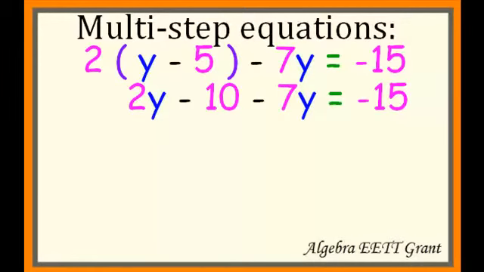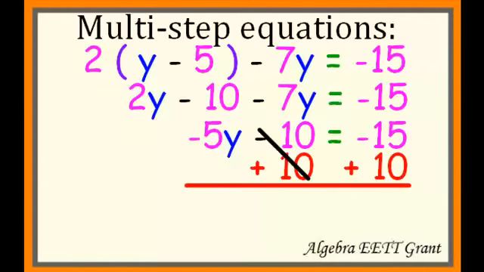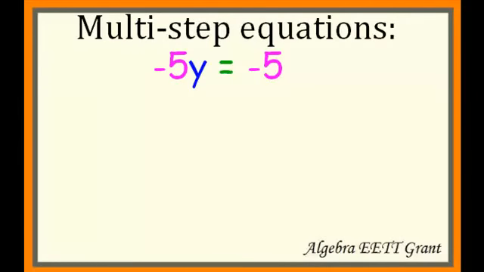Now we collect like terms. So the 2y and the -7y will give you a -5y. Now the -10, I just brought it down, and the -15, I brought it down. Now this looks like a two-step equation. So to get the -10 to the other side, which is what we always have to deal with first, any number added or subtracted with our variable, we're going to add 10 to both sides. On the left side, the 10's cancel off, so we get -5y equals, and -15 plus 10 is -5. Now, how do we deal with the -5y equals -5? Well, it's multiplied by -5, so to